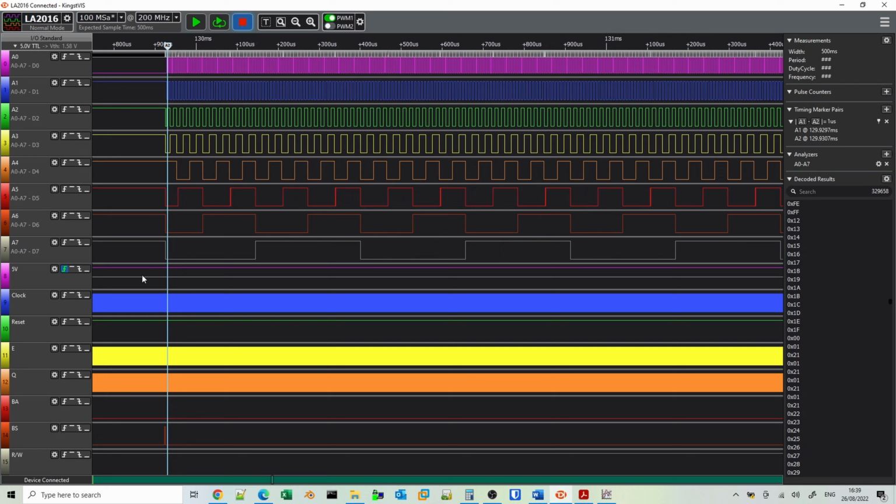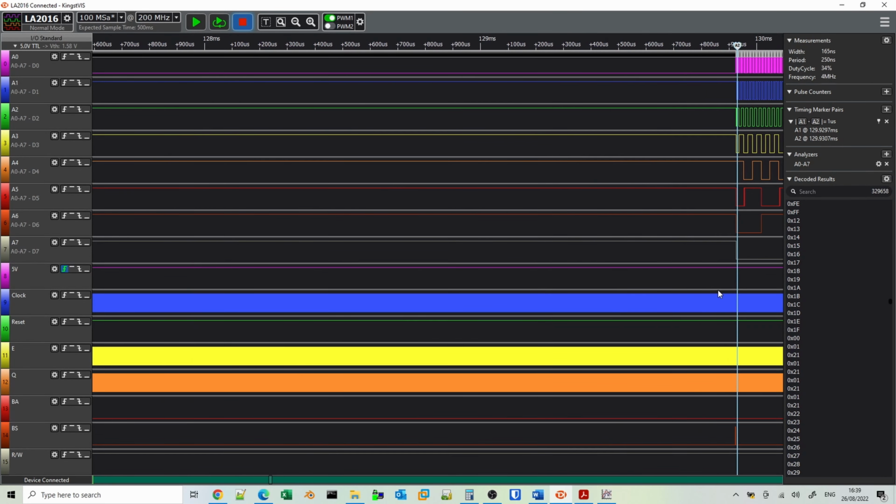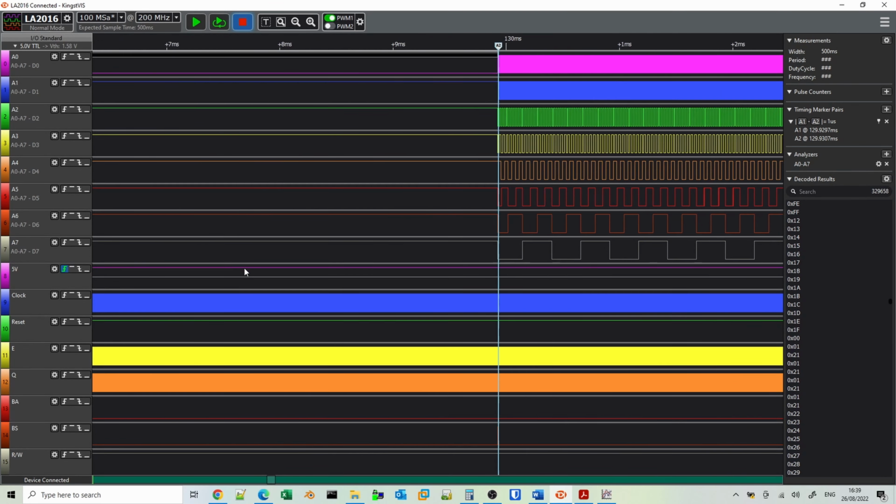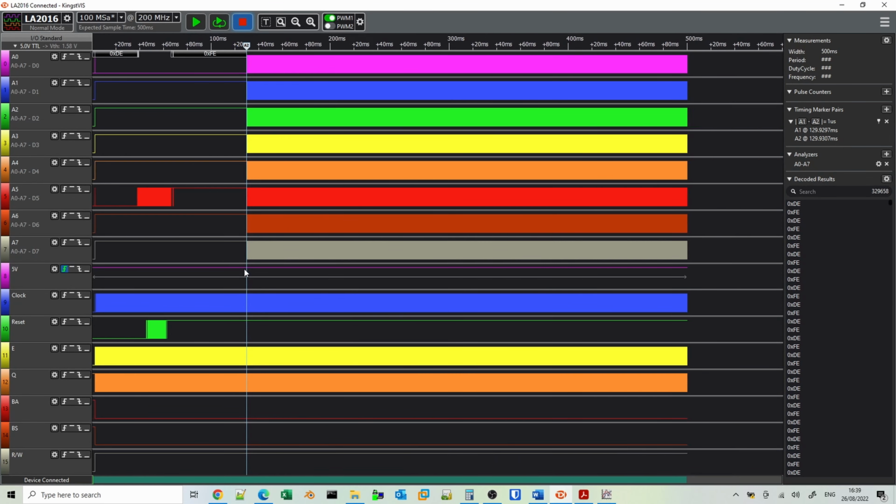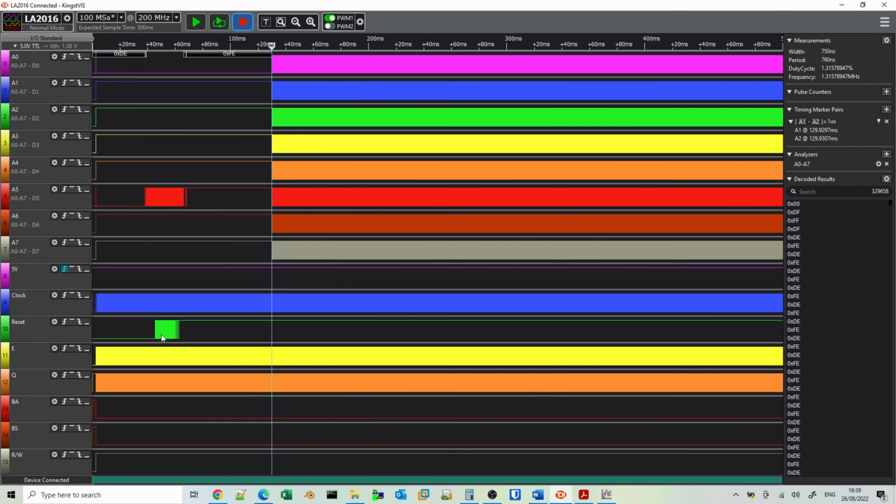And the reason being that the reset signal itself is not a very reliable way of doing things, because we can see that with the logic analyzer, the reset signal starts to be treated as logic 1 sometime after about 45 milliseconds, when in fact the system doesn't actually come out of reset until about 127 milliseconds.